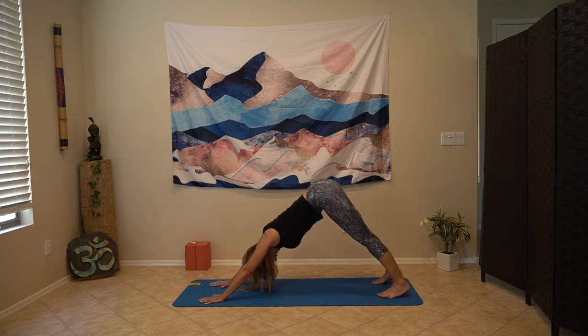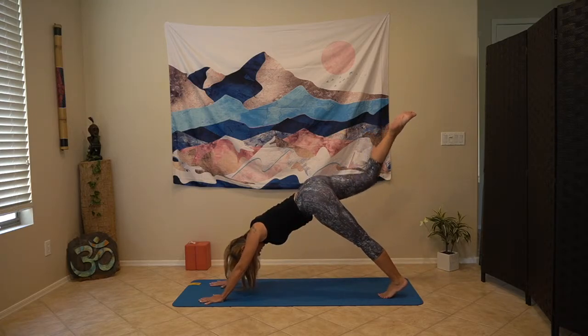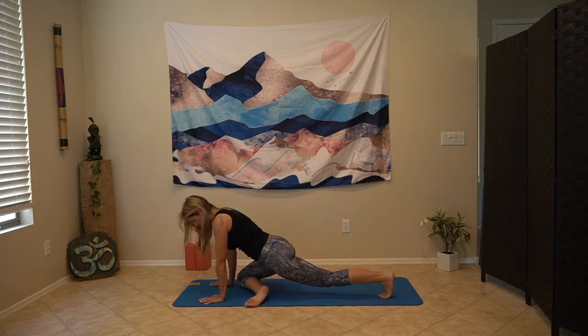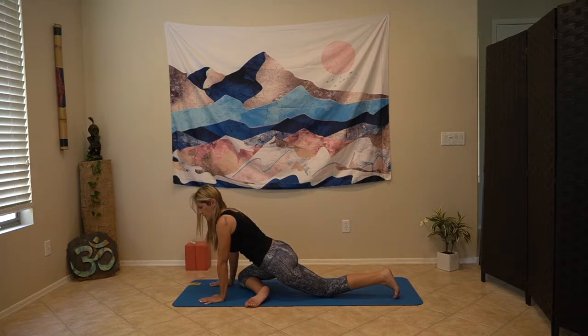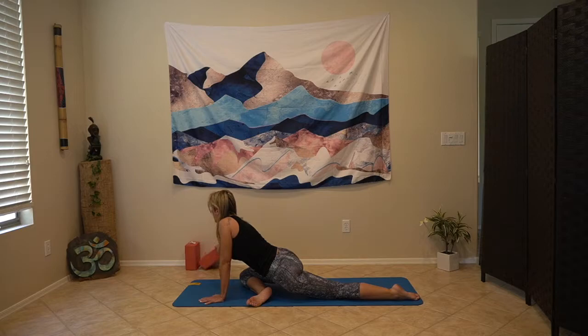Push the weight back, then inhale, lift the right leg and bring the right ankle towards the left hand for Pigeon Pose. Dropping the left knee down. Walk that left leg maybe a little back, and here if you have your block and you have your hips